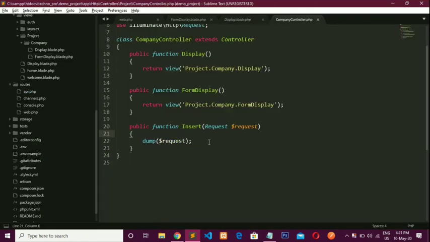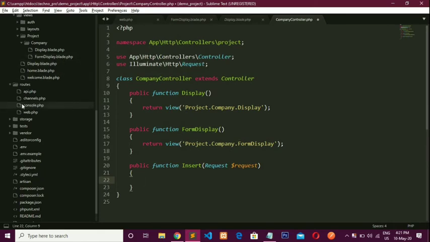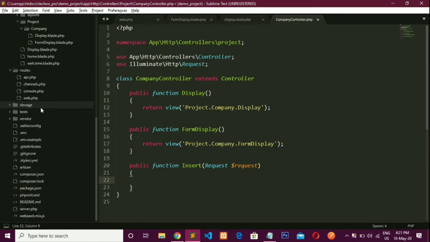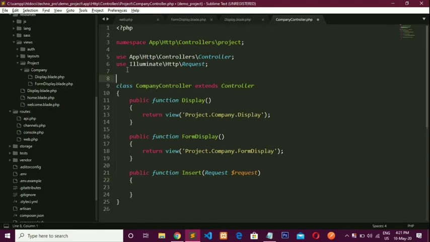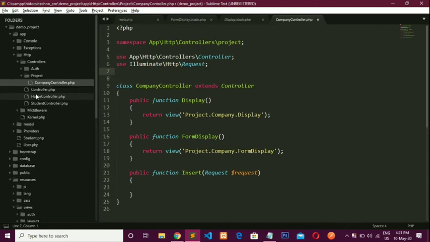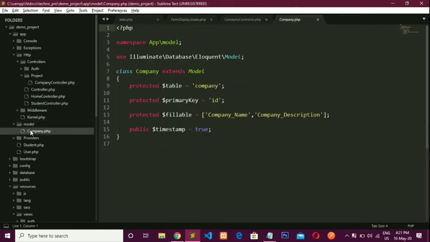Now in the company controller, write the code for inserting the data successfully. For that, first we have to use our model. So go to our model company.